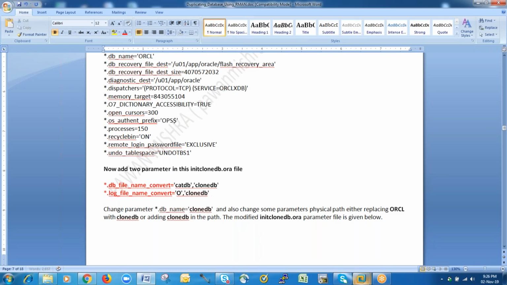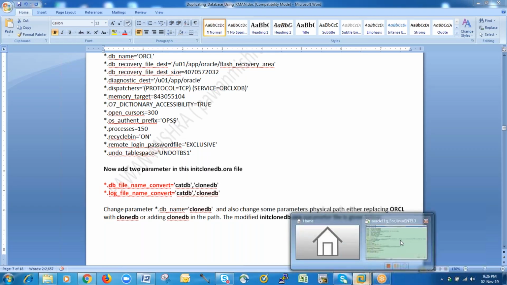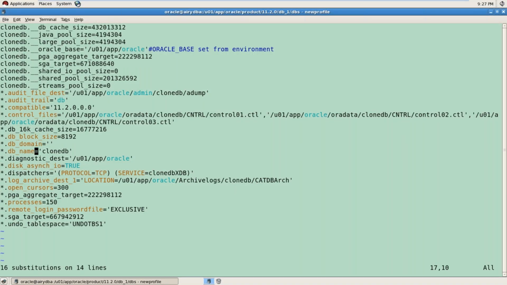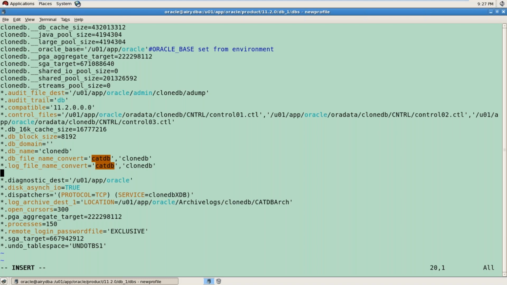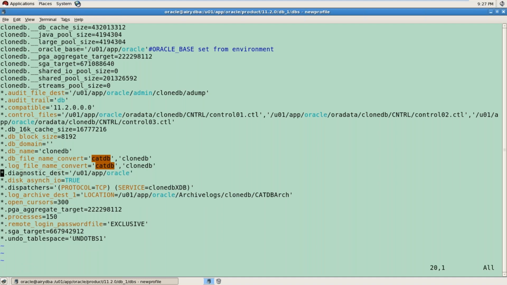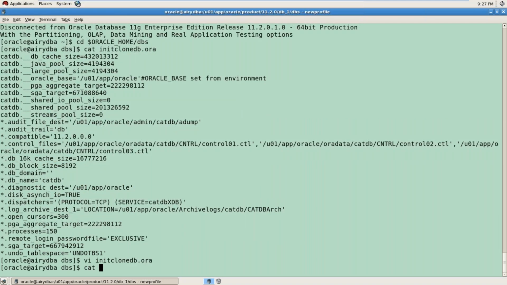Also I will make it cat db, right? And thereafter I will put these two parameters in my p file, clone db p file. So after this I will put these two parameters in my p file, right? So this one, right? db file name convert and log file name convert, control w q, and I will make it cat of this,